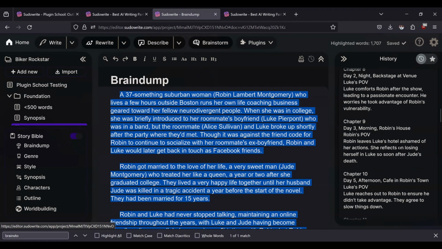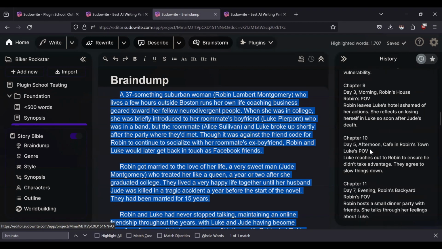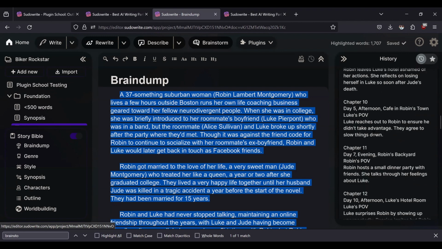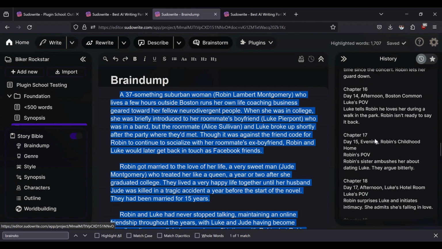Yeah, she does not feel ashamed. She just feels guilty. It's being a little judgy here. It does give me how many days have passed and stuff you would have if it was a script, like morning, Robin's house, with the time and the setting and everything like that. So